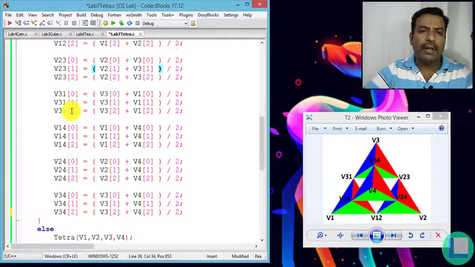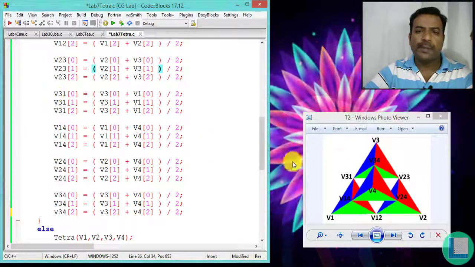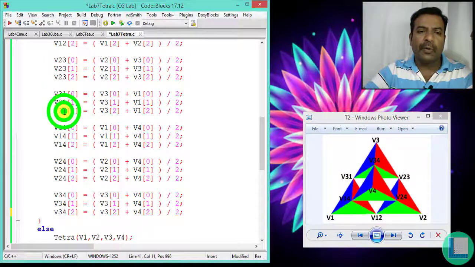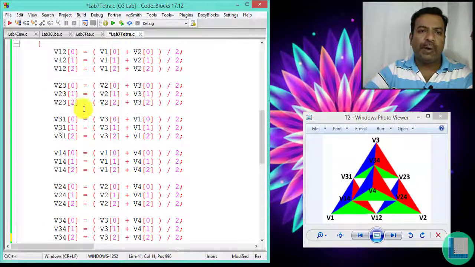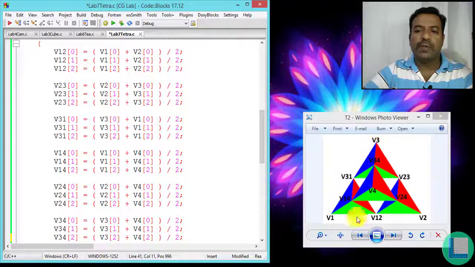Now I have completed the blocks of statements for the remaining midpoints, so I'm going to have 6 midpoints. Totally, I'm going to have 10 points: the 4 points used for the main tetrahedron and the 6 midpoints of this tetrahedron.